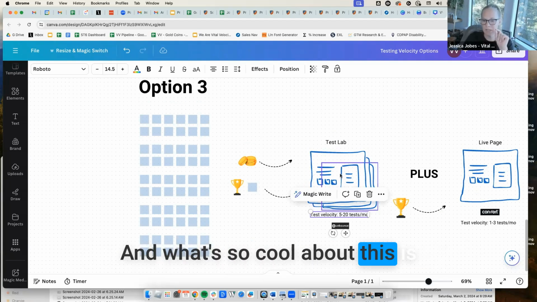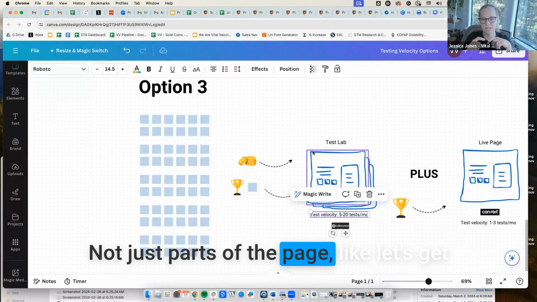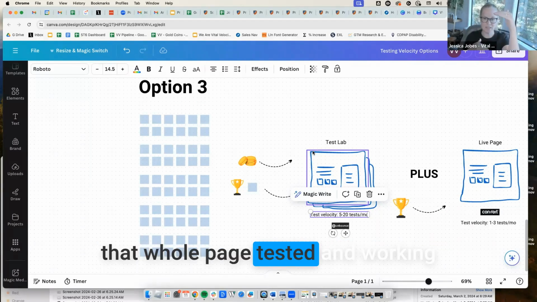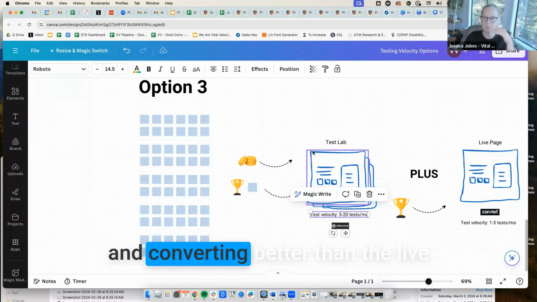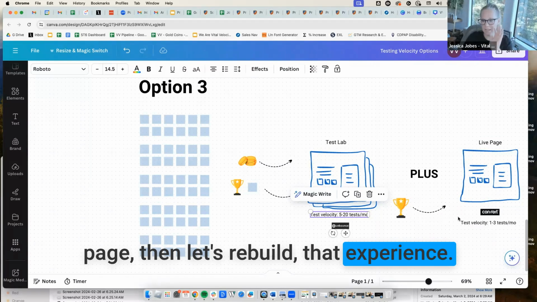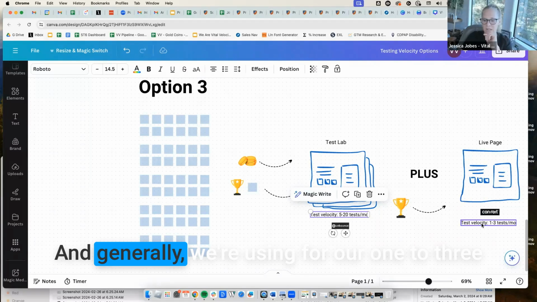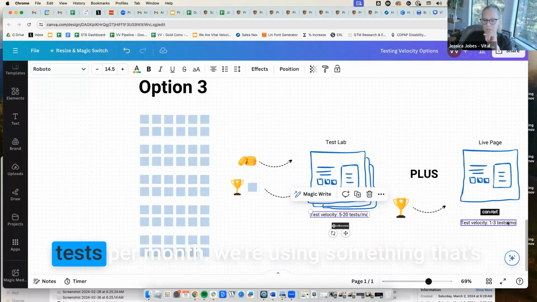And what's so cool about this is we can test a whole page in here, not just parts of the page. Let's get that whole page tested and working and converting better than the live page. Then let's rebuild that experience for one of our tests on the live site. And generally, for our 1 to 3 tests per month, we're using something that's already been tested and